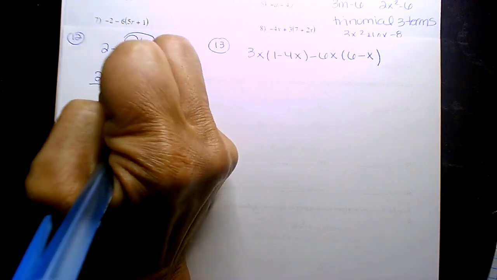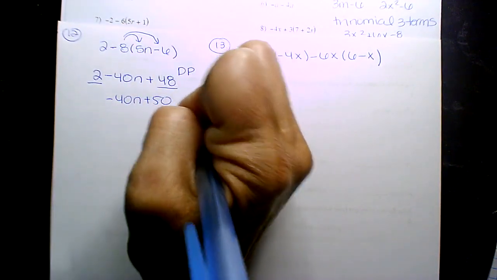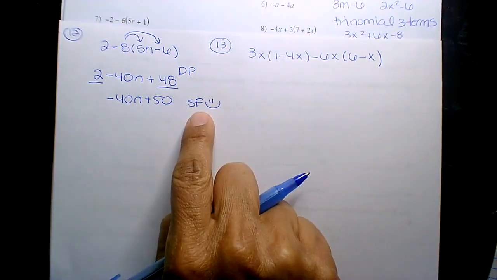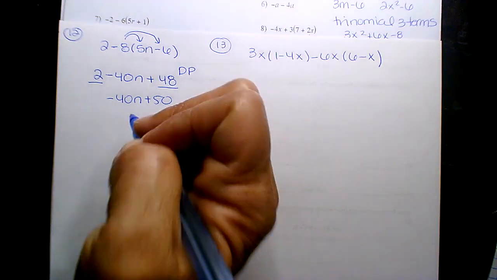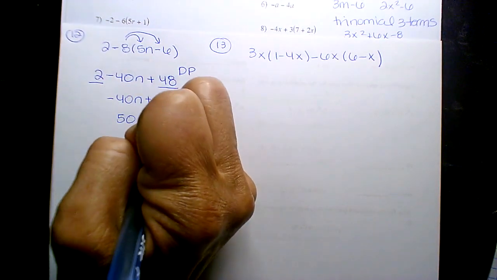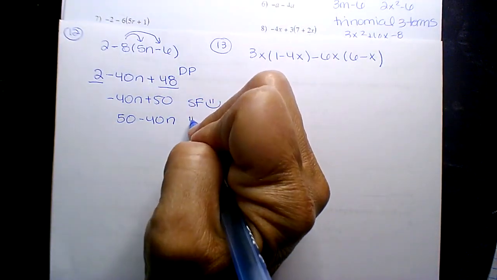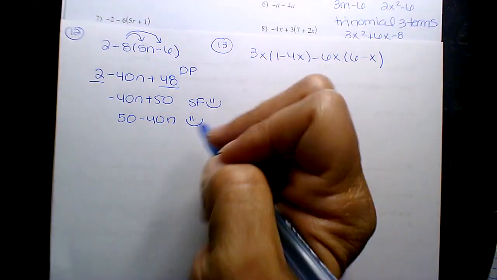So if you write your answer in this way, this is technically in standard form. Ideally, this is the way you're going to start expressing your answers. You want the variable first. But for this first quiz that you'll take tomorrow, if you give me this, which is not in standard form,